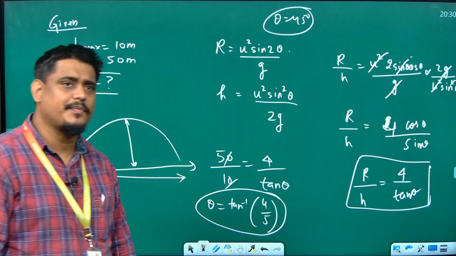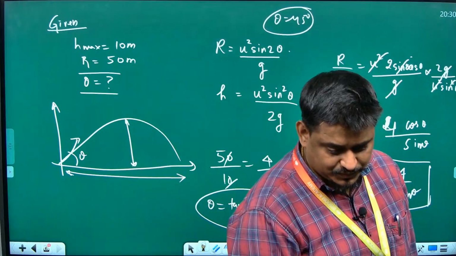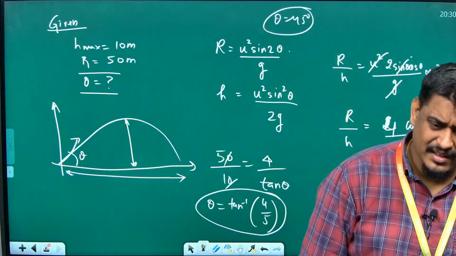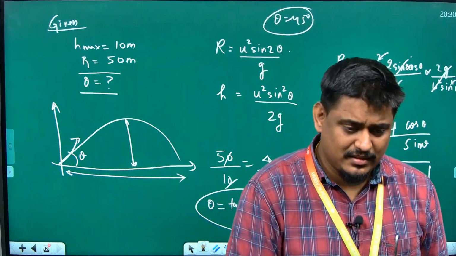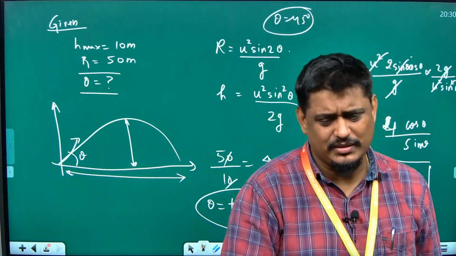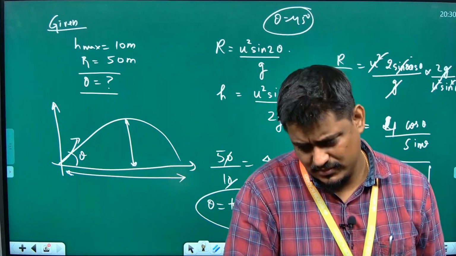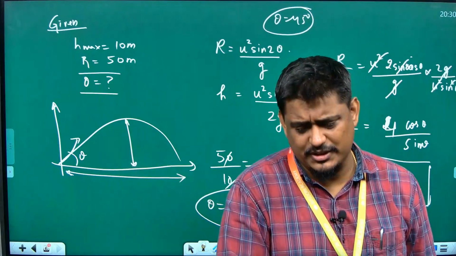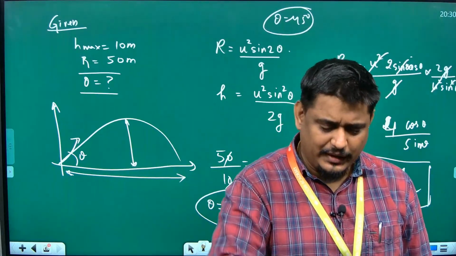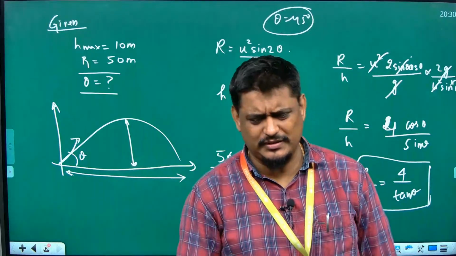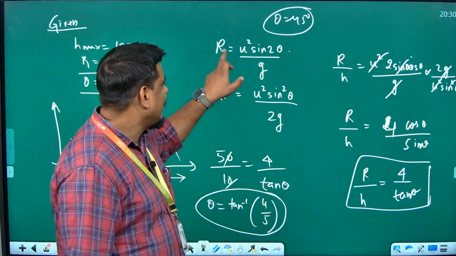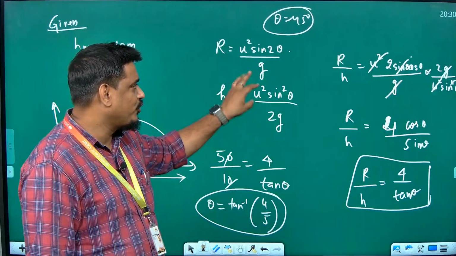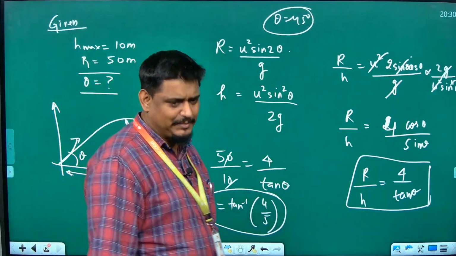Okay? Okay, sir. Can we equate U square? If you want, you can equate both also. Your wish. In range put the formula and find U square. There also put U square and equate both. That also you can solve. Same thing will come. R is known to me, G is known to me, I will find U square. Once again, H is known to me, G is known to me, I will find U square. Equate both. Yes, you can do that also. Same answer will come.